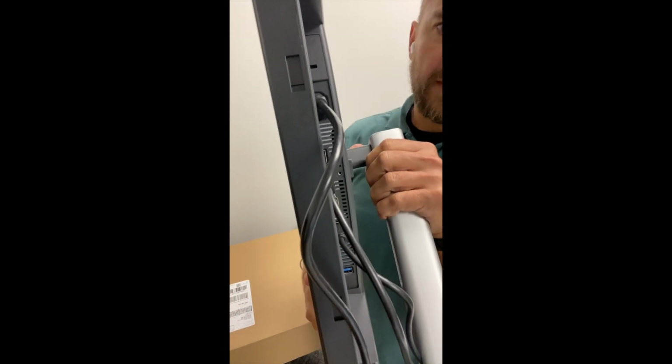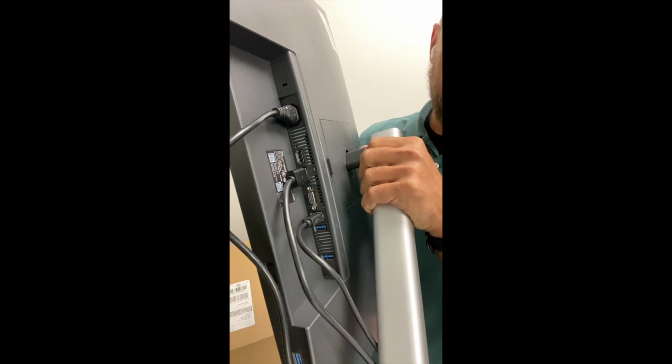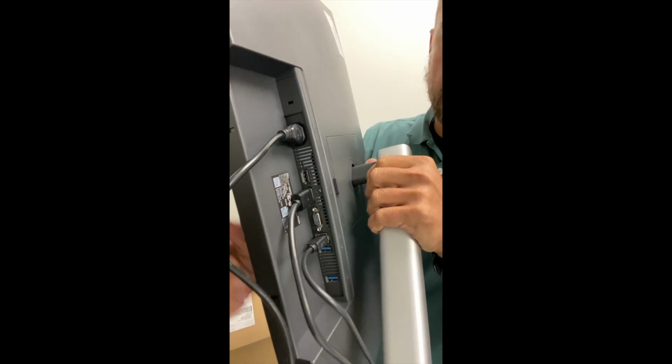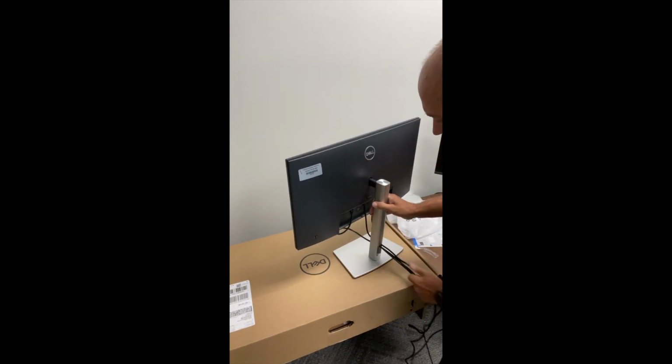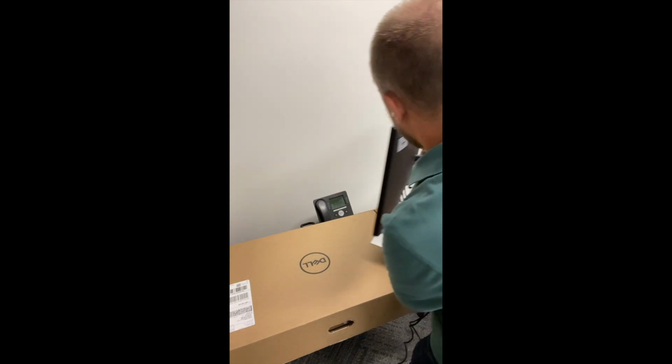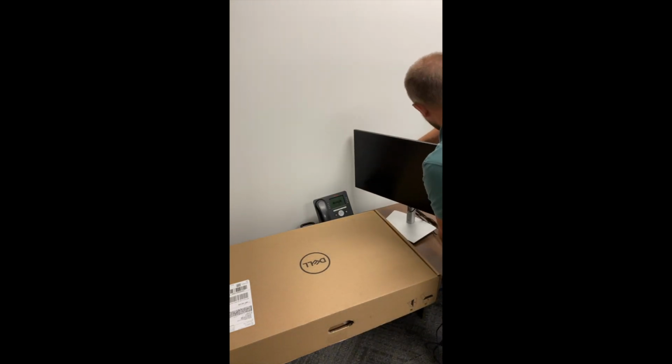All right, so that's it. You should have power, DisplayPort, and the USB, the chunky USB side. All right, get all that nice. I'm gonna put that off to the side. And then